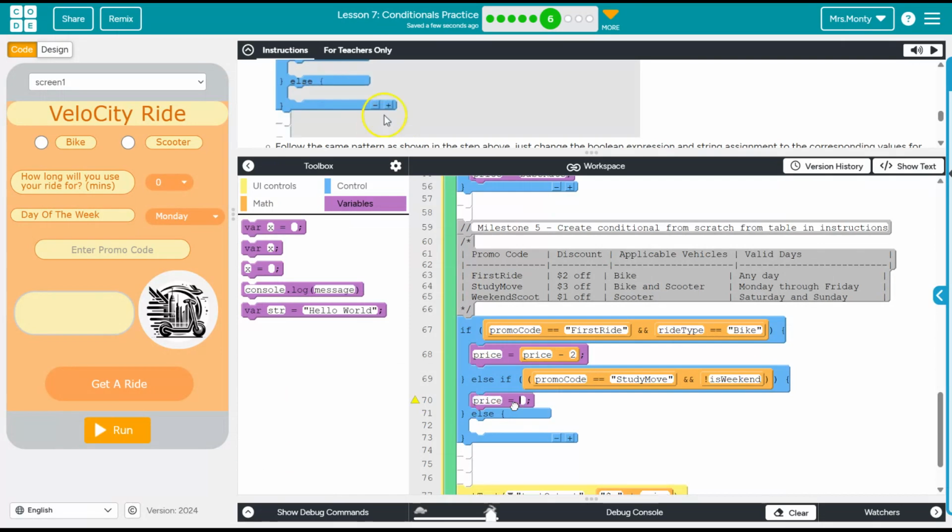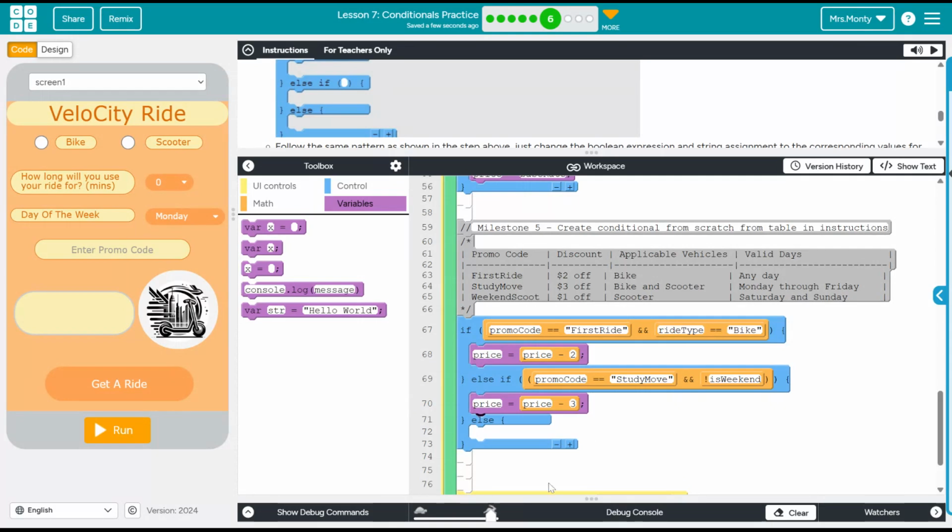Hopefully that made sense. That was kind of a convoluted explanation, but here we are. All right, so this study move gives us $3 off the price. So our price is equal to price minus 3, okay? So if we have the study move and it is the weekend, we get price minus 3. And again, we don't need that ride type to be determined because it applies to both a bike